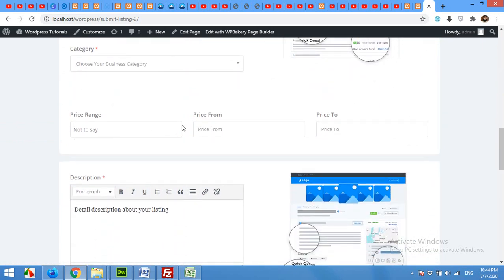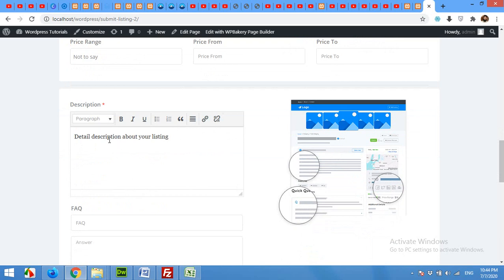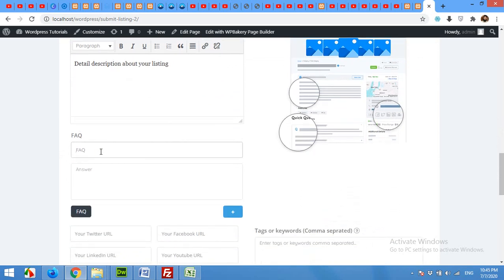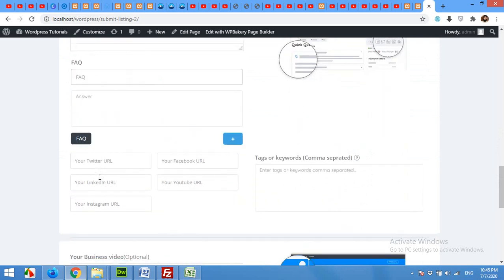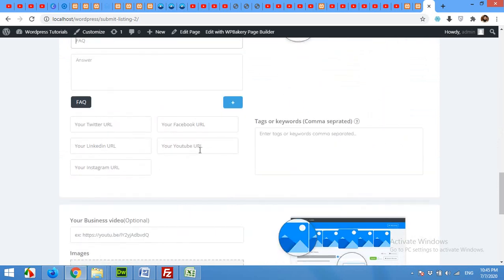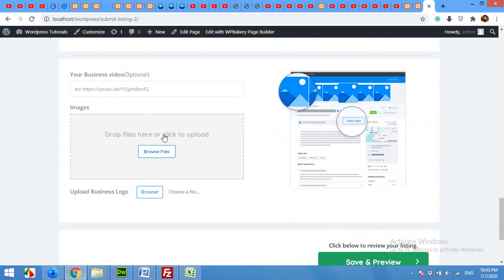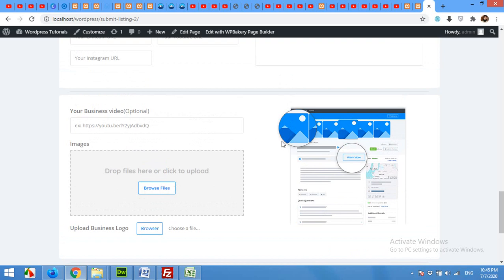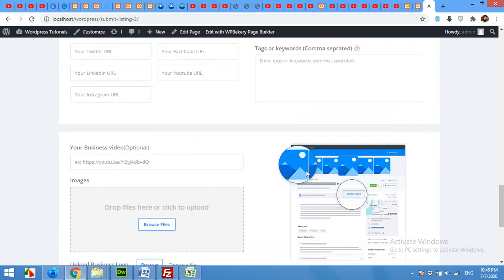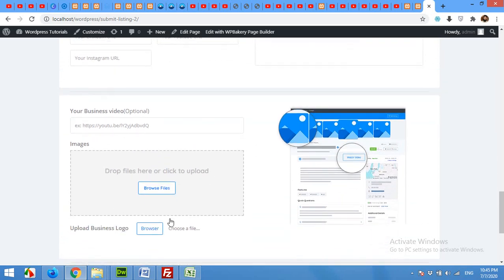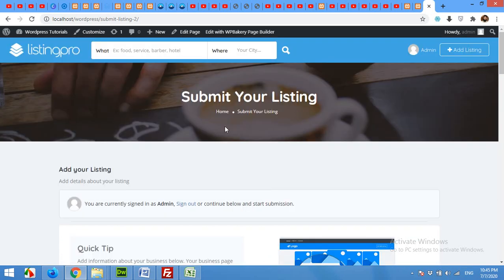If someone provides paid services, then they can also mention the prices. Also some details about his listing, some frequently asked questions and answers, and some social media links, the tags or keywords, also the featured image or a video which will show how his listing works or what his business is all about. Also the user can upload their business logo. So a user can easily add their listing to your website.